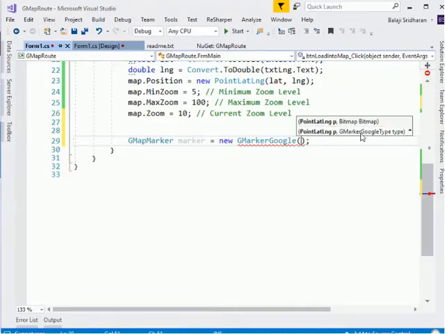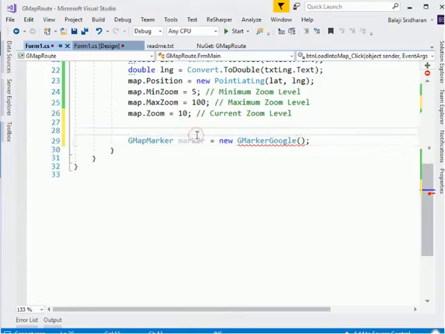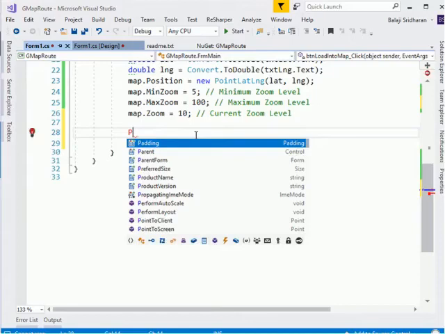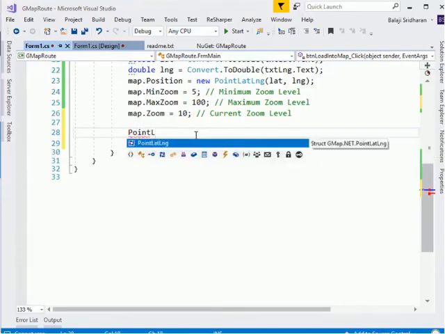First we will try the second one. We will place that point. Here point means the latitude and longitude, x-axis and y-axis, and the second argument is the plotting marker type. So in order to do that, first I want to create a point, a PointLatLng.